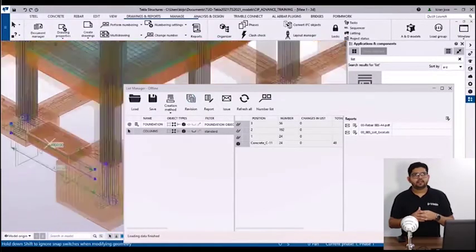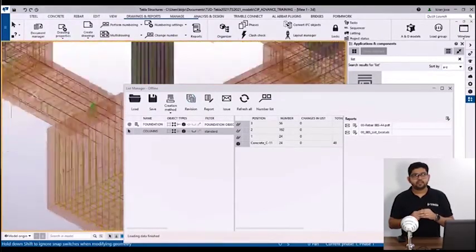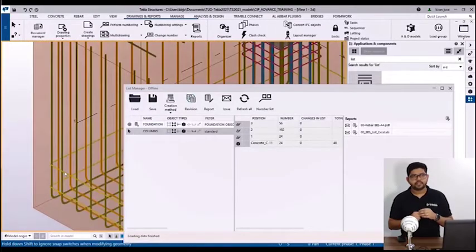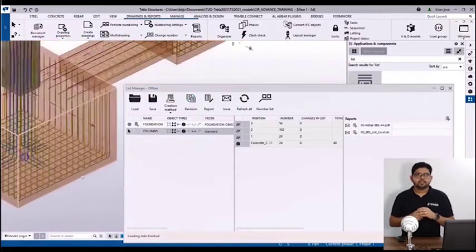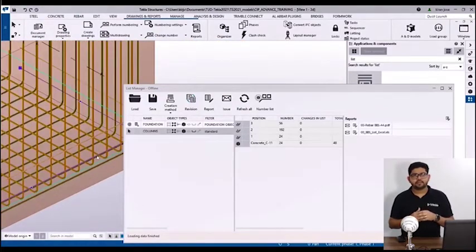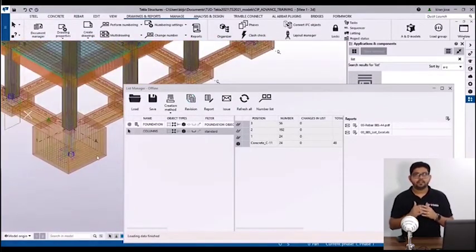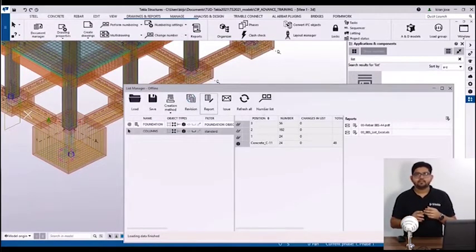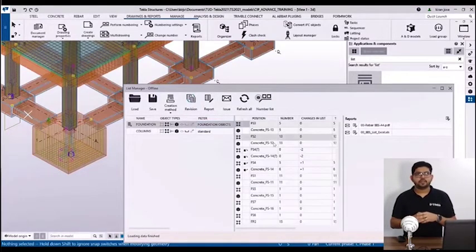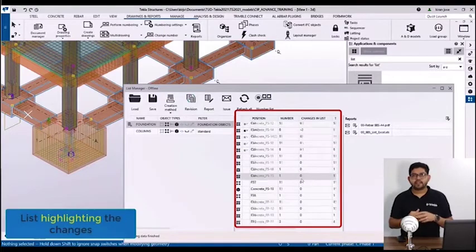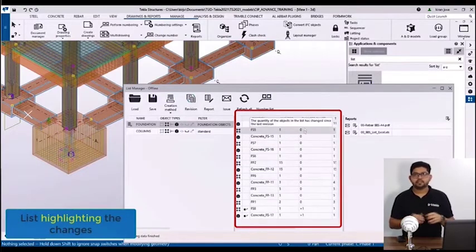And then I'm also going to delete some reinforcement, that is the side face bar. I'm going to delete it from here, from either side, as you can see here. Now the next step is I'm going to do the numbering. The numbering can be done from the model or directly from the tool itself. And once the numbering is done, the list will be updated, and here you can see the changes which have happened.